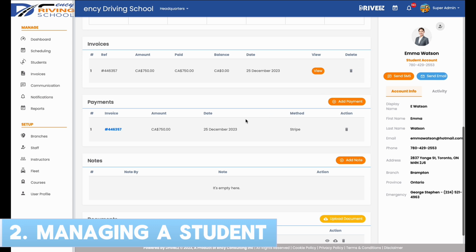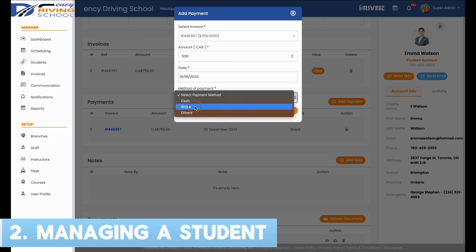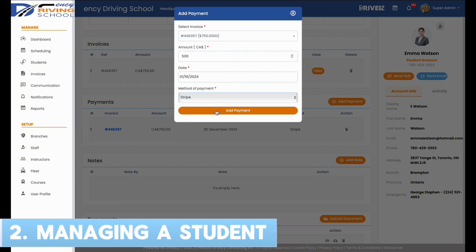You can also add new payments by clicking on the Add Payment button on the top right of the Payments tab. This opens up the Payments form. Here, you first need to choose which invoice the payment was toward, and then enter the amount of the payment followed by the date of the payment. Lastly, choose the method of payment, and once satisfied with the information, click on Add Payment to record the new